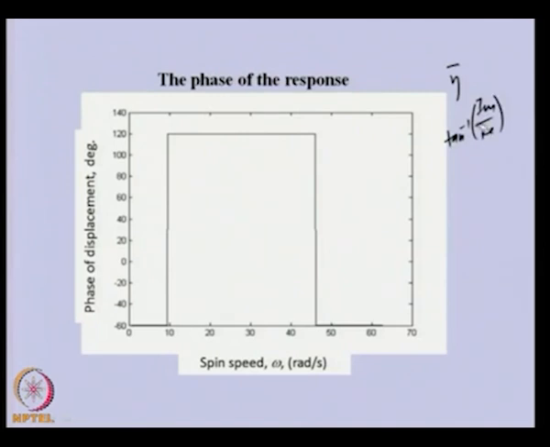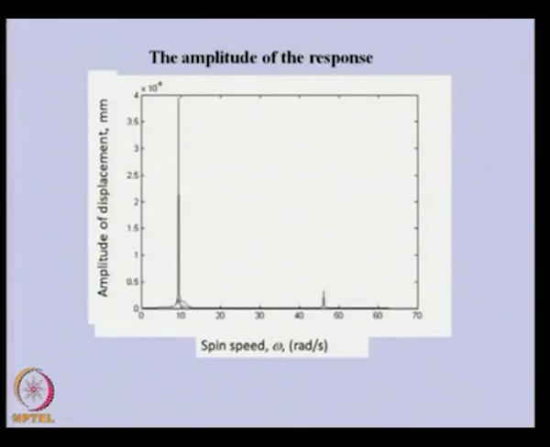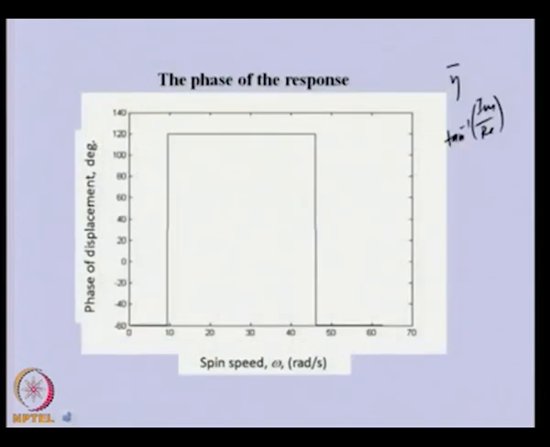So, at the disk location, imaginary part divided by real part, tan inverse is the phase. So, you can see that we have change in the phase corresponding to where the peaks were. So, here there is a change, here there is a change. You can see there were peaks at that location. So, wherever the critical speed occurs, there will be change in the phase,